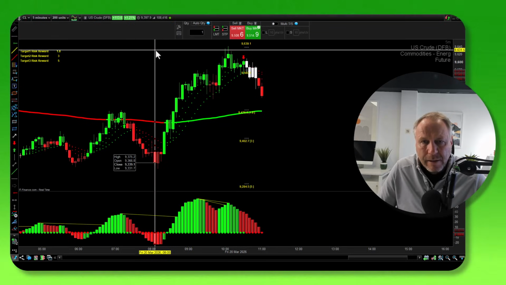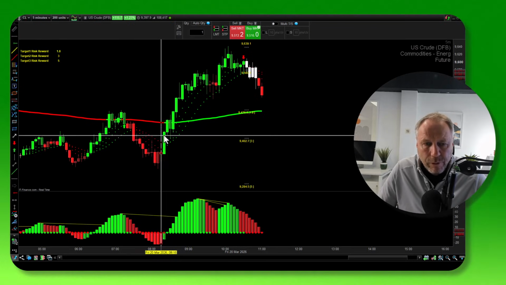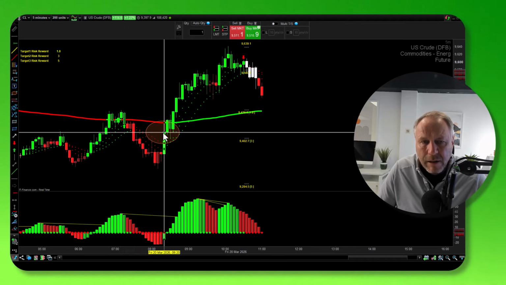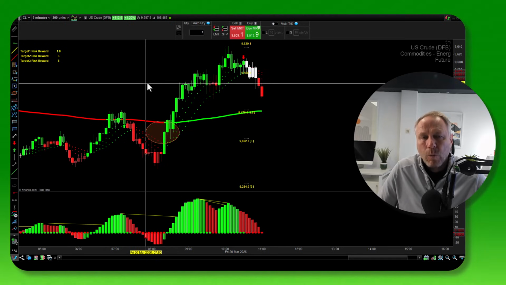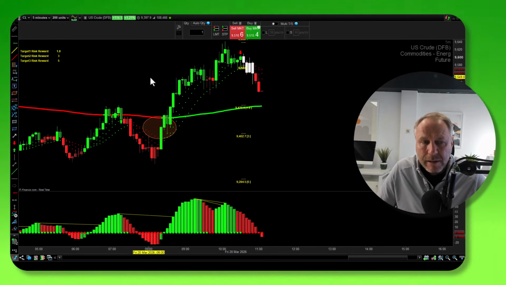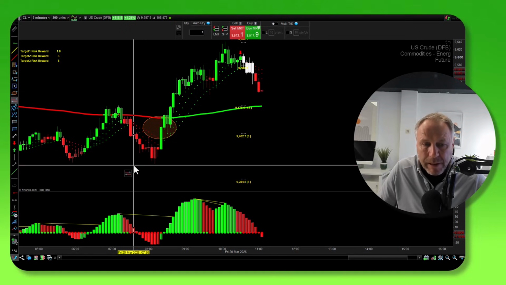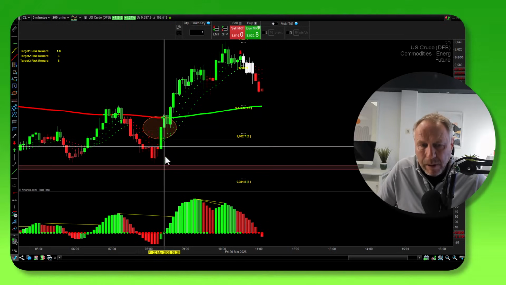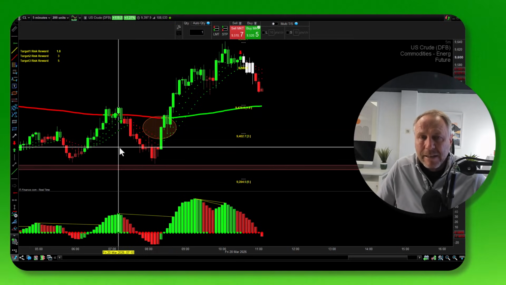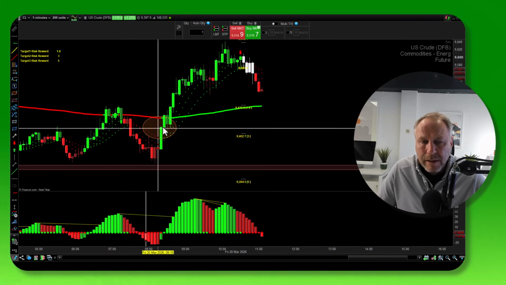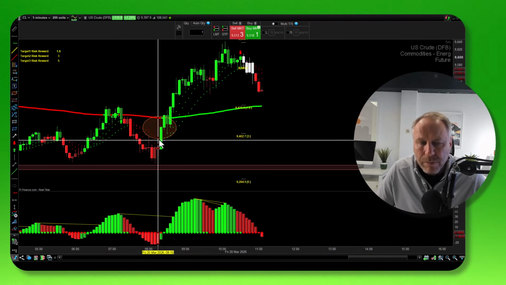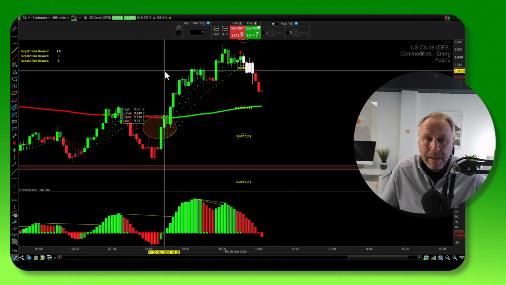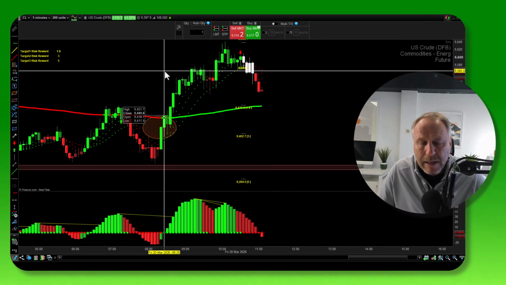So let's say, for argument's sake, I bought crude oil here on the green pro trading system, right in here at that time. I asked myself the question, where am I wrong in this trade? And the answer for me on this would be below here, below this swing low. When price goes below there, then I'm wrong. I need to take action and get out of the trade. As it continues up, I'll of course manage my risk and trail my stop and lock in my profits, scale in the trade maybe, and scale out of the trade maybe as well.